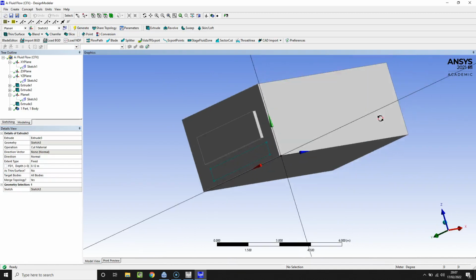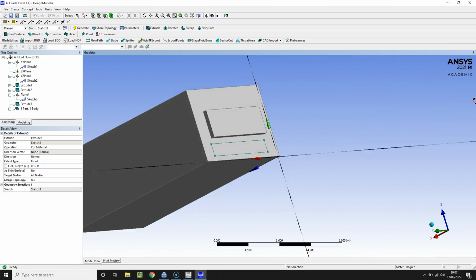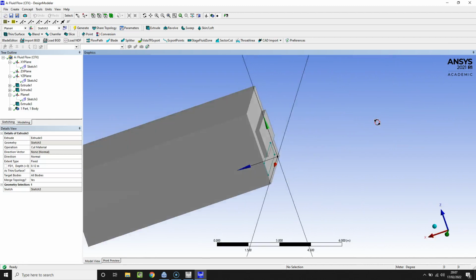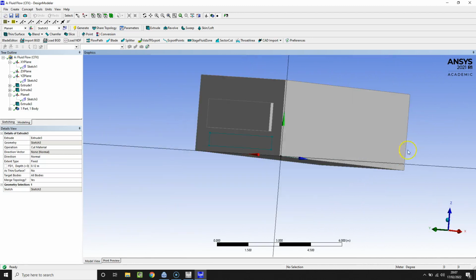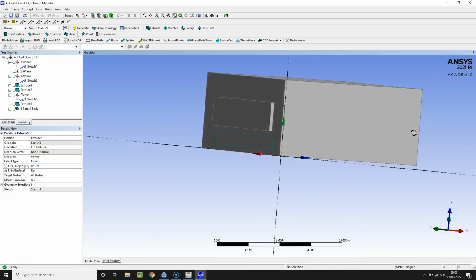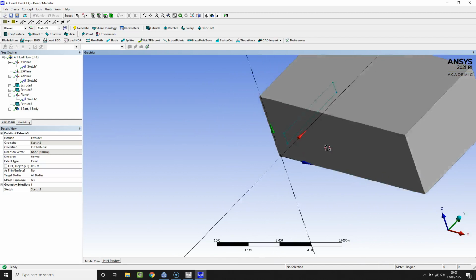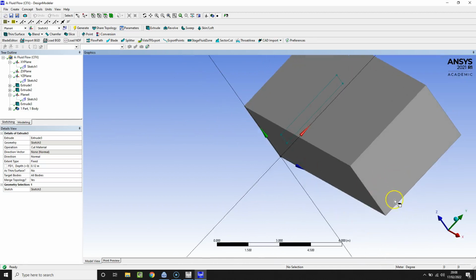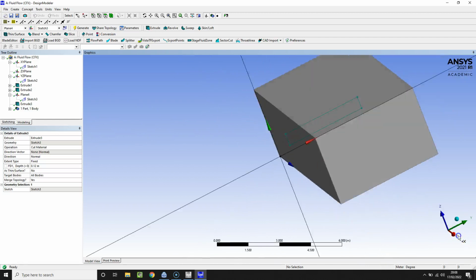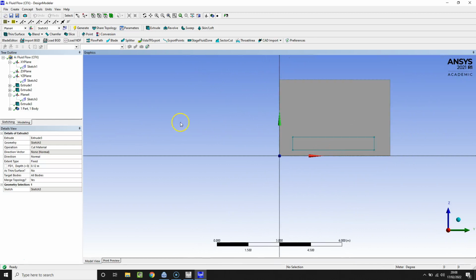So for this simple case, that will be suitable. I'm going to make one more addition to this domain. I'm going to note the presence of the door, which sits approximately here. So just viewing this from the positive X direction now, the opposite end of the room. And I'm going to create a plane,